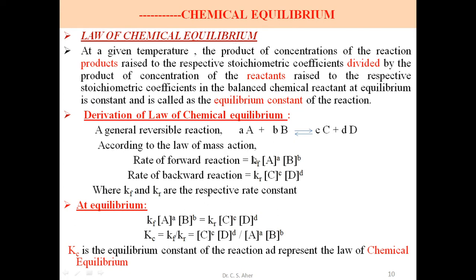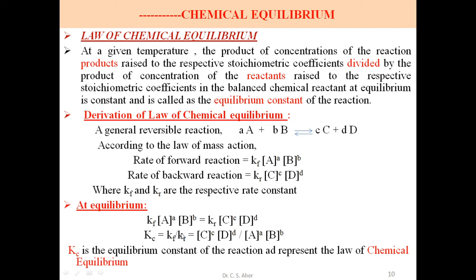So at equilibrium, these rates are the same, so we equate the two sides. The first is for the forward reaction, the second is for the reverse or backward reaction, and both are equalized. We collect the constant terms on one side. Kf and Kr, when shifted in this direction, are multiplying; when shifted in the other direction, they become dividing. The reactant concentrations raised to their molar coefficients are shifted to the right side, where they are in the denominator, dividing.